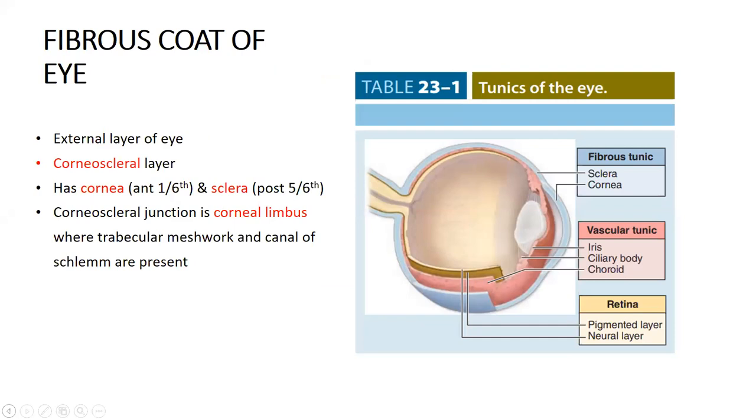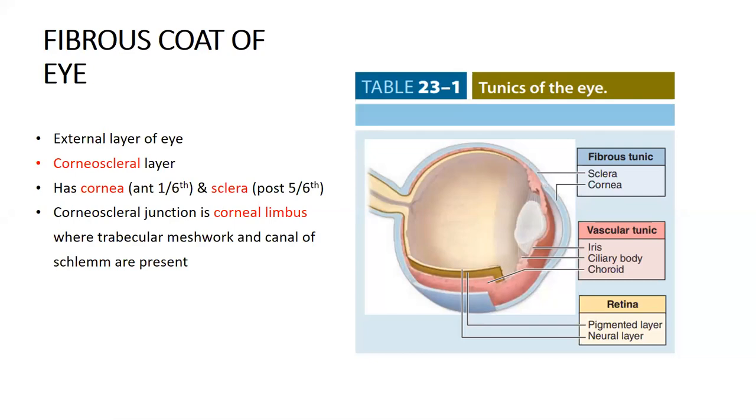So, fibrous coat of the eye. You can show the outermost fibrous tunic. This is the outermost fibrous tunic, sclera and cornea. Both are fibrous. Cornea is transparent because of the special arrangement of collagen fibers, and sclera is not transparent. Here I want to mention that at the corneoscleral junction there is a special area given the name of limbus. It has a very important function at the level of limbus where I put the arrow.